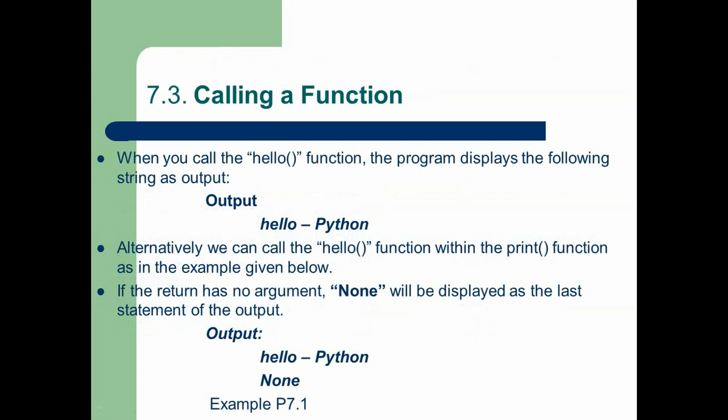One is hello, another one is the function within the print function. So when the hello function is called directly, the output of the program is hello Python, and alternatively when the hello function is within the print function, then the output of the program is hello hyphen Python with the word None. So now we are going to execute this program 7.1 to understand